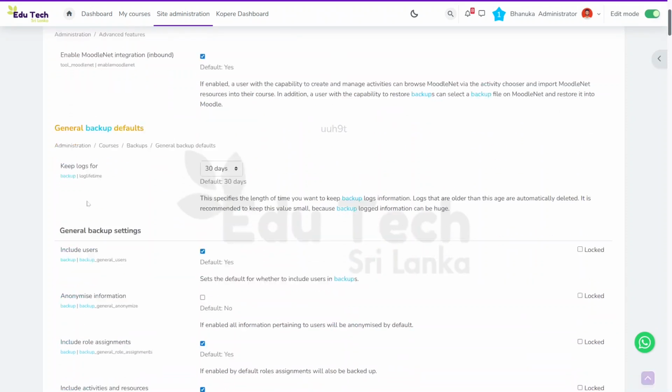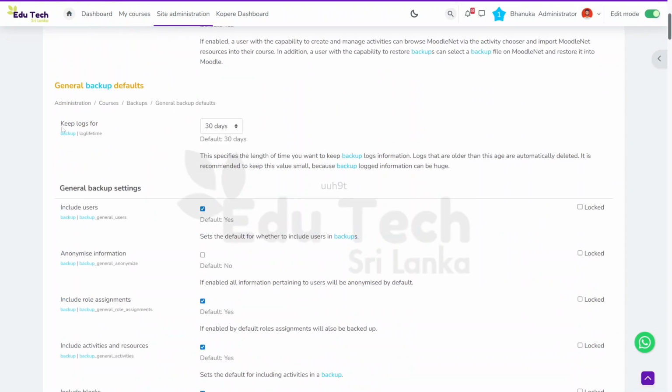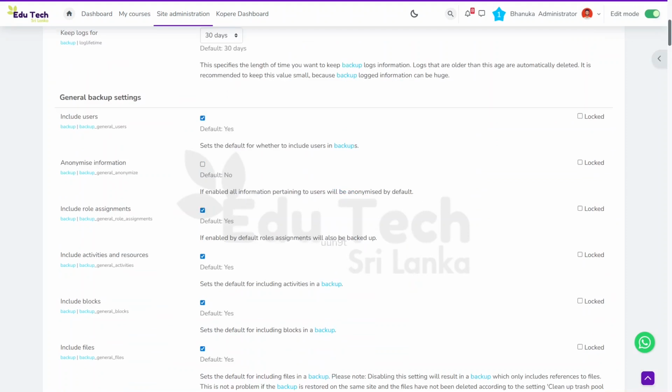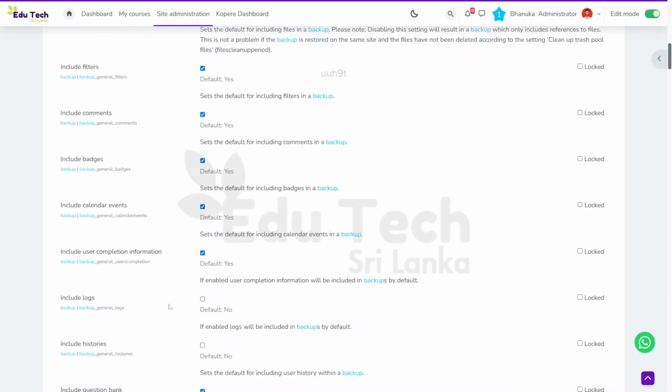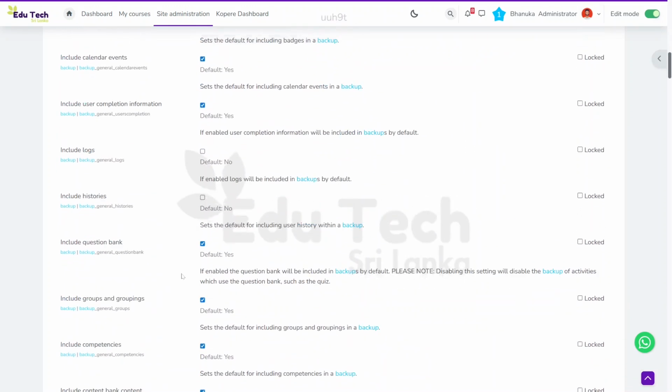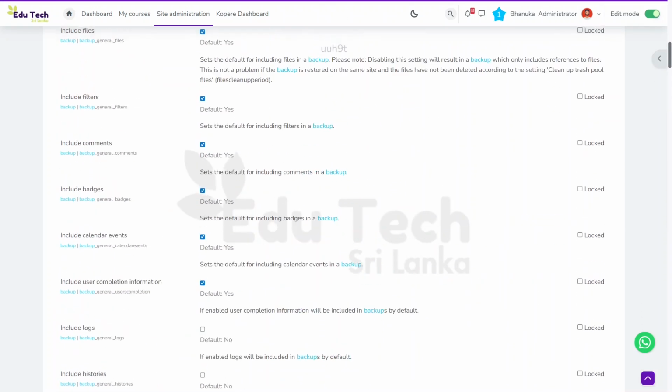As you can see, you can get backups of the logs, and you can customize the backup settings, like for example whether you want to include the users, whether you want to anonymize information, role assignments, activities, blocks, and so many things. It depends. These are known as course backups.